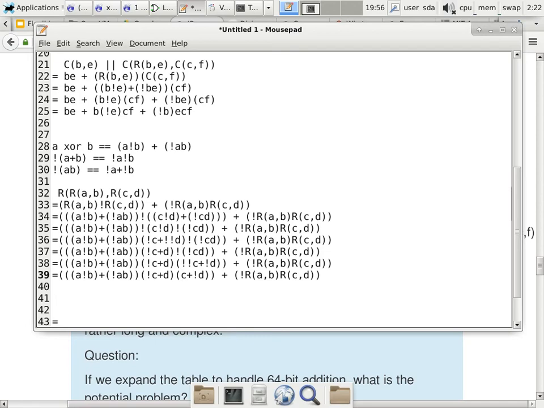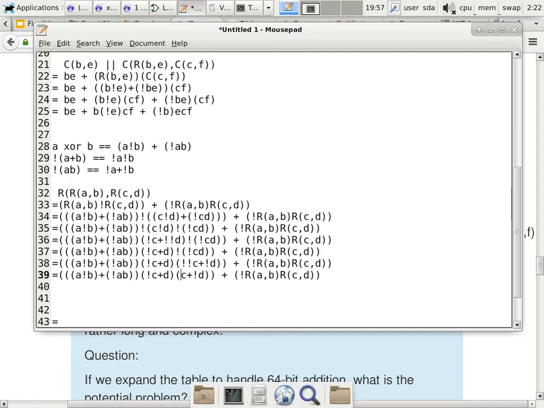Okay. All right. So look at line 39, and we just focus on the big old mess on the left hand side. Forget about the right hand side for now. The left hand side is now something plus something, and then something times something. It's actually not too bad, because now we can just use the distributive law to expand everything. So what I'll do is I'm going to expand,